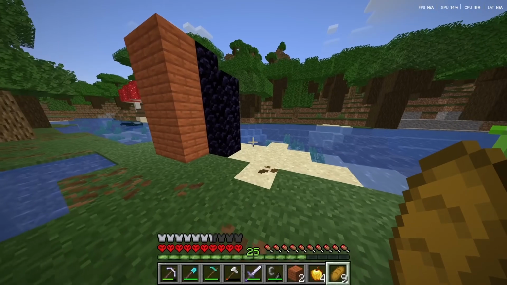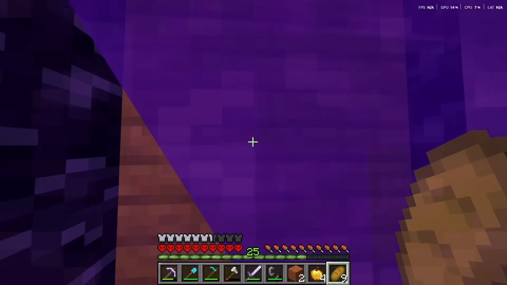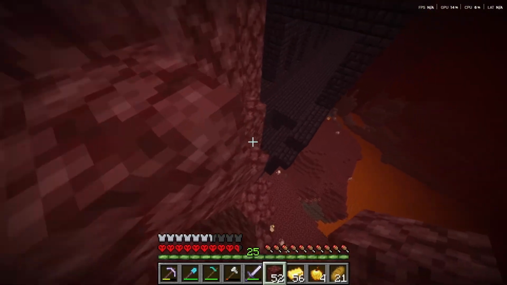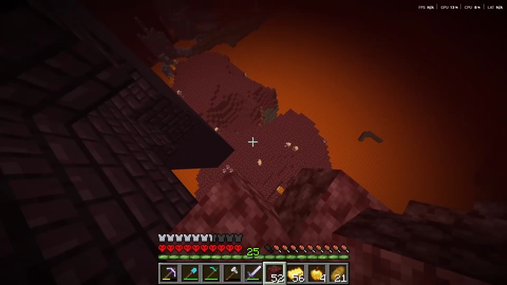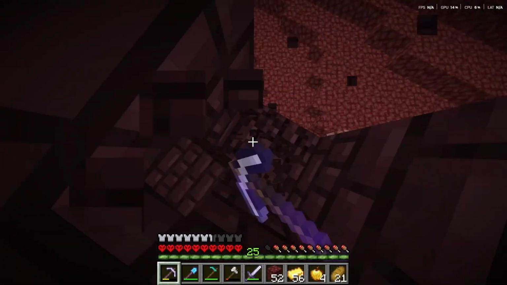I'm going to try and go back and trade with piglins to get some ender pearls. That would be the easiest way to get pearls, I think, without breaking physics. Okay, there's some down here. It's going to be hard not to break gravity, though. Okay, if I just dig down... yeah, this is going to be fine.